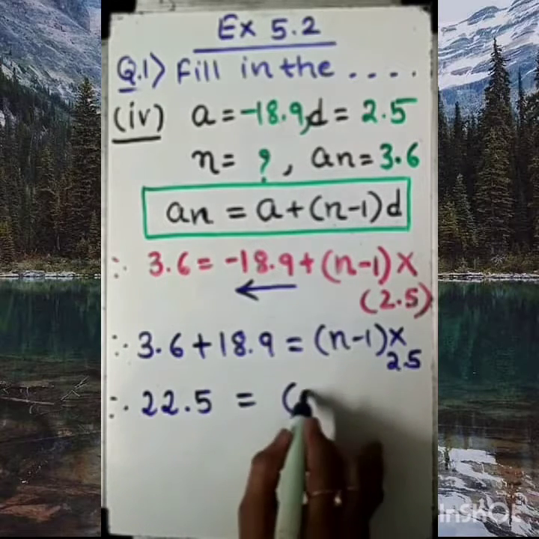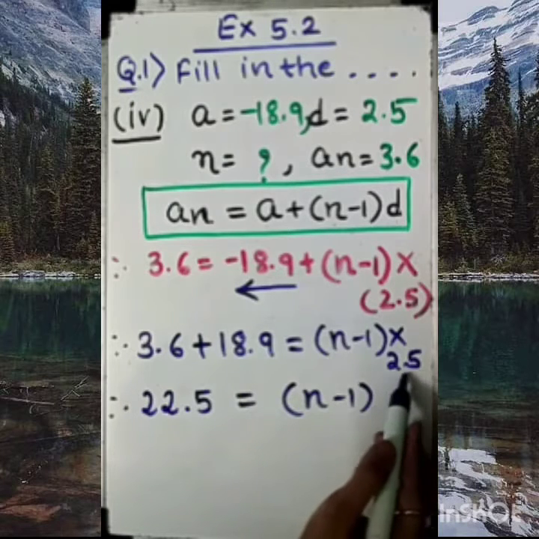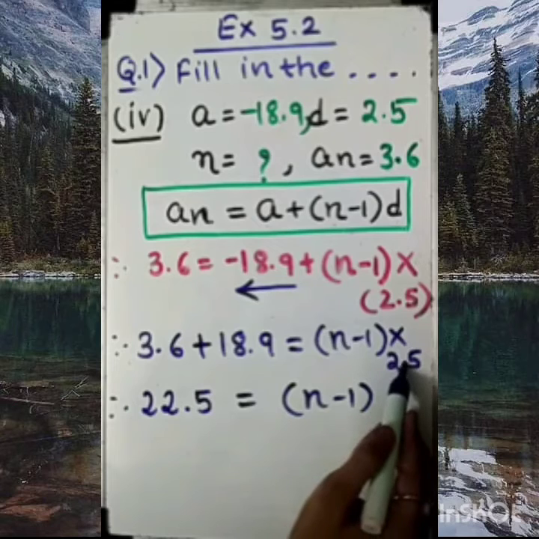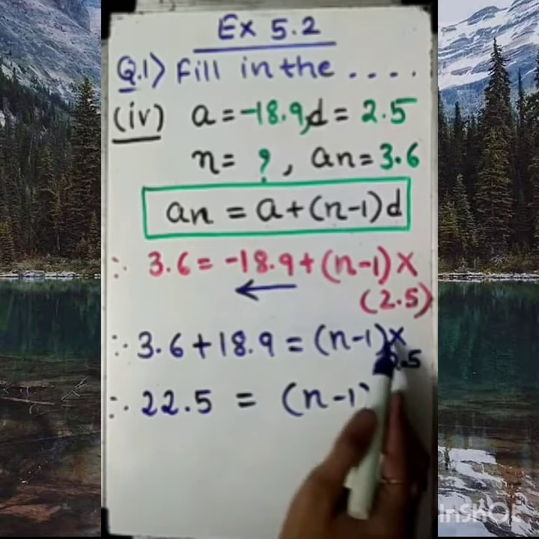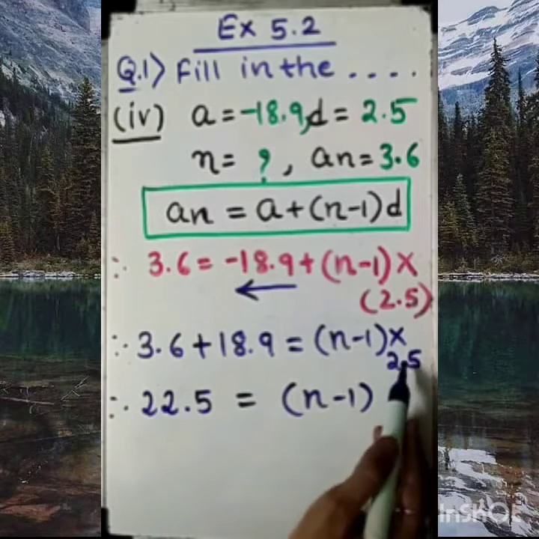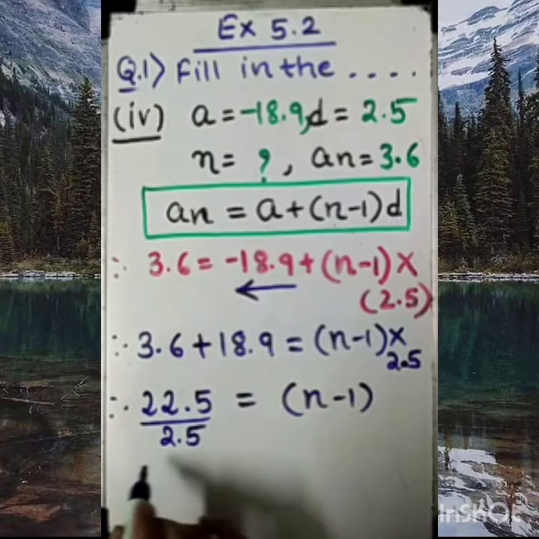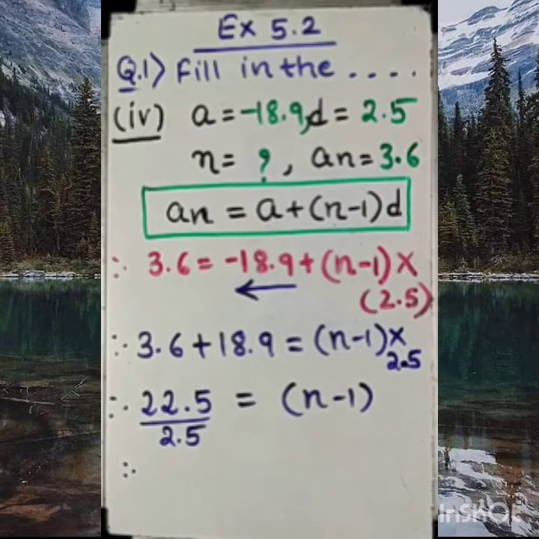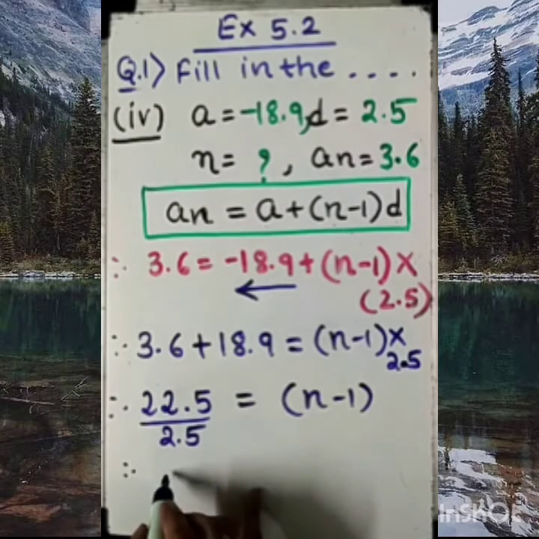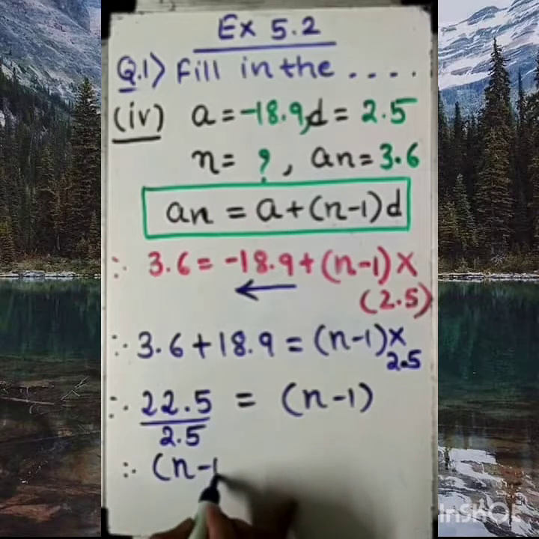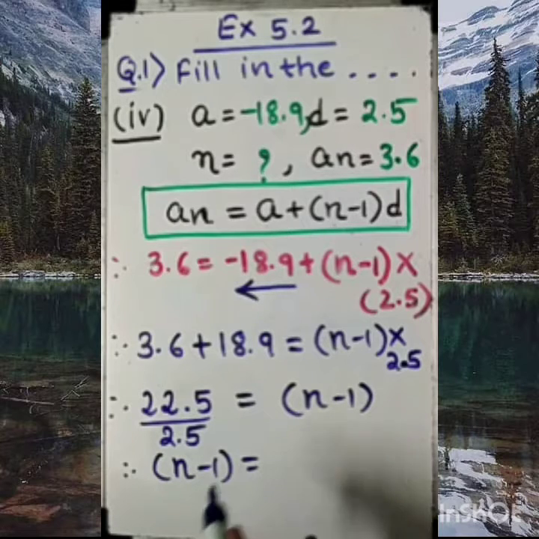And this side it is n minus 1. This you can see they are multiplied, connected with the product. So this 2.5 I have to bring to the denominator on this side. So the next step, if I want to simplify, then I need to write n minus 1 equal to